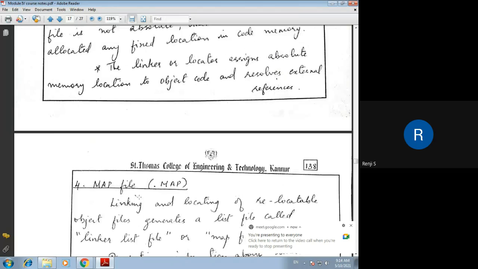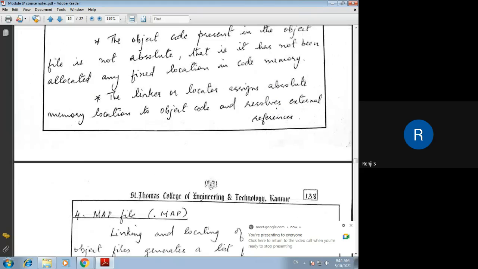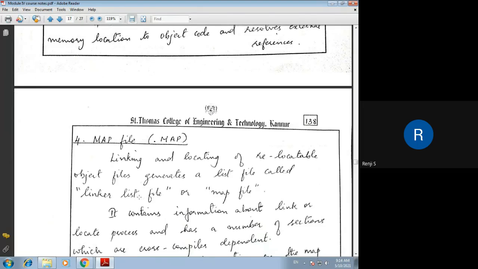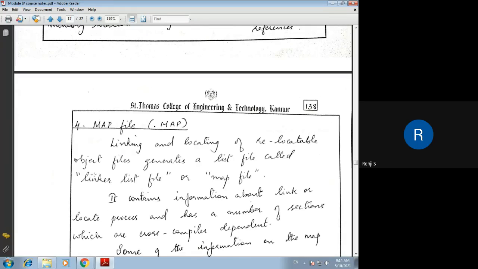The object file, as I said earlier, is a relocatable file. After linking and locating the relocatable object files, it will generate a list file called the linker list file, and that linker list file is also called the map file.